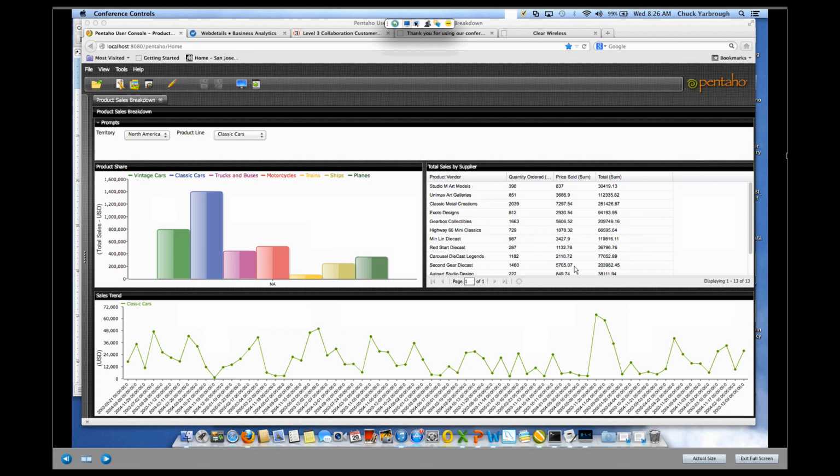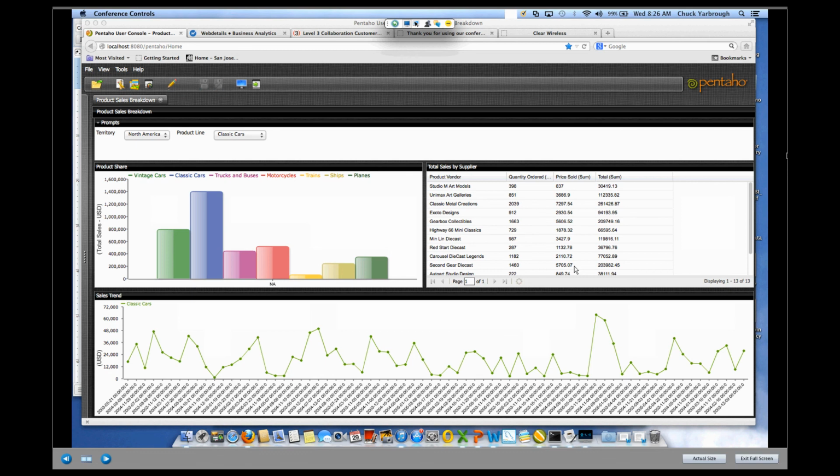And what I have on display is a dashboard. Davey talked a little bit about knowing and understanding and analyzing and discovering and predicting. Dashboards are something that we've probably all dealt with, but it's really about knowing. It's the things that we know we want to look at on a regular basis. So here is a product sales breakdown dashboard that I'm going to come in and look at on a regular basis, because in this scenario, I work for a die-cast toy manufacturer called Steel Wheels, and we sell